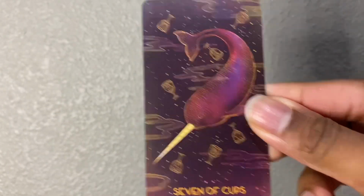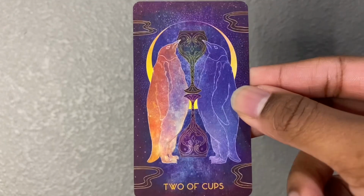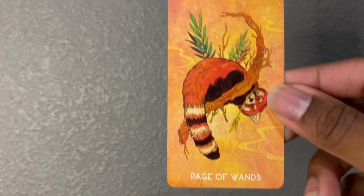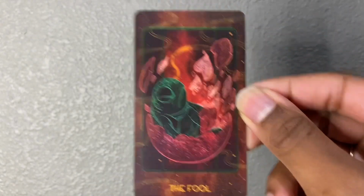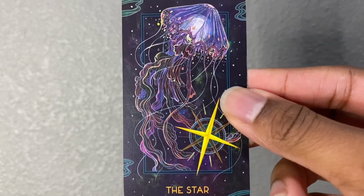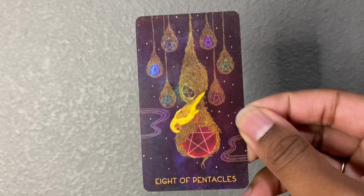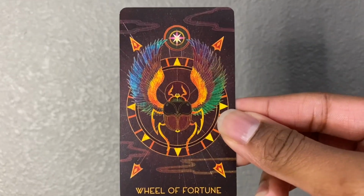Judgment, Seven of Cups, Eight of Swords, Two of Cups, Page of Wands, the Hermit, the Fool, Ace of Cups, the Star, Six of Cups, Eight of Pentacles, Queen of Cups, Wheel of Fortune,